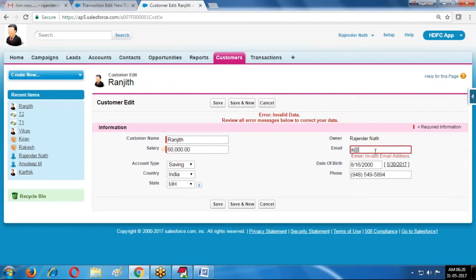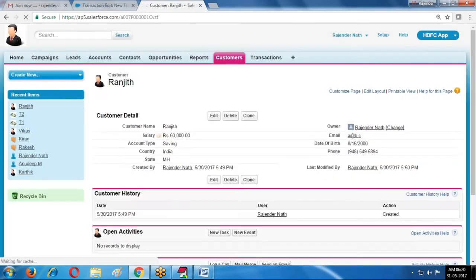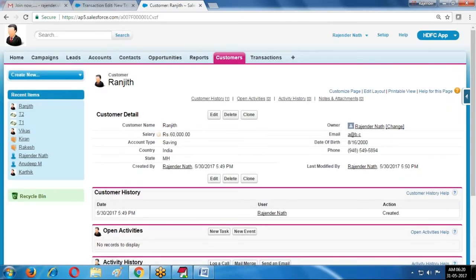Can I take A@B dot C? Yes, it is accepting. Only the format is required, but it cannot check whether the email actually exists. It only verifies whether you are following the email format.